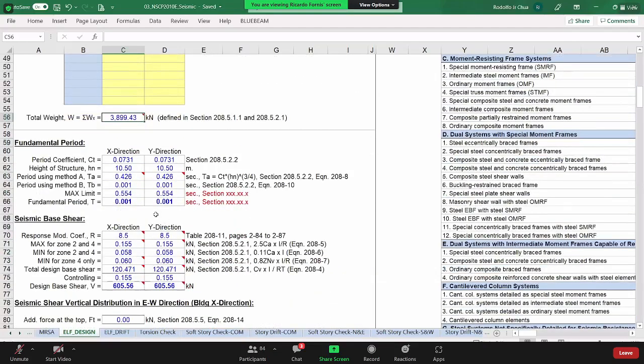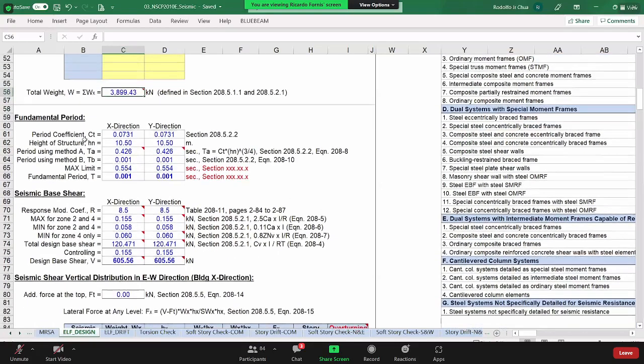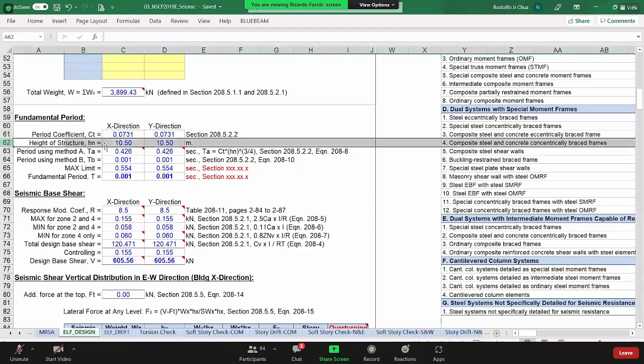Now, ang next computation. So naa na tay mass or weight, then naa na tay coefficient. Ang next na computation is to determine the fundamental period of the building. So we have the period coefficient. Earlier we identified nga SMRF pa na itong building, ang system gamiton, then it's 0.0731 na coefficient. And then the height of the structure, it's 10.5, assuming ang ako ang base is the top of the footing. And then for method A,